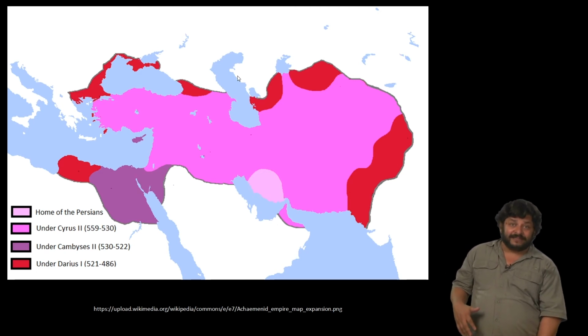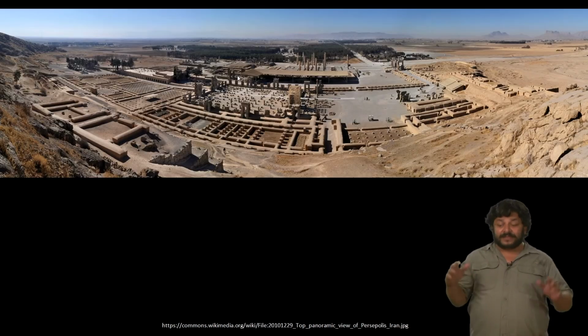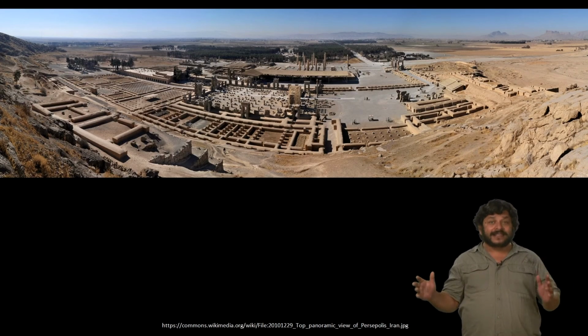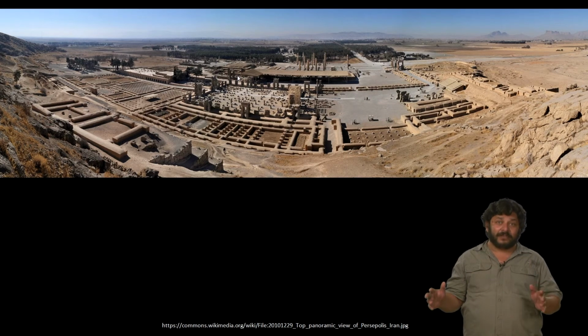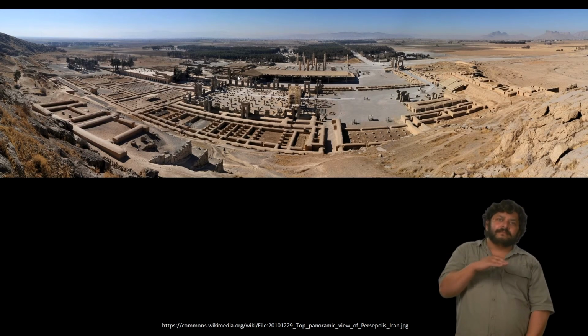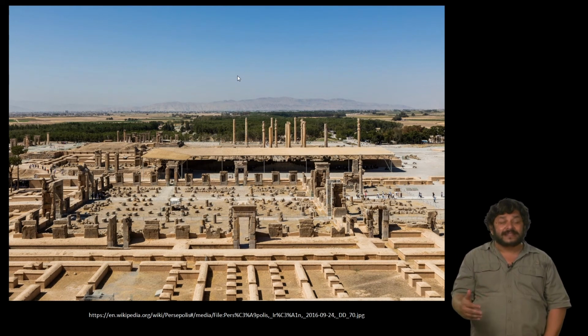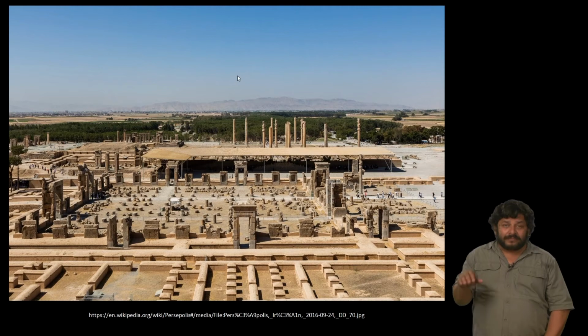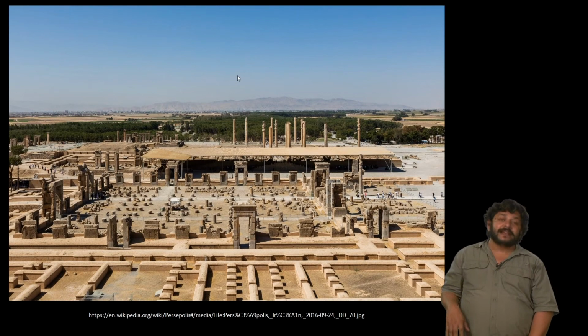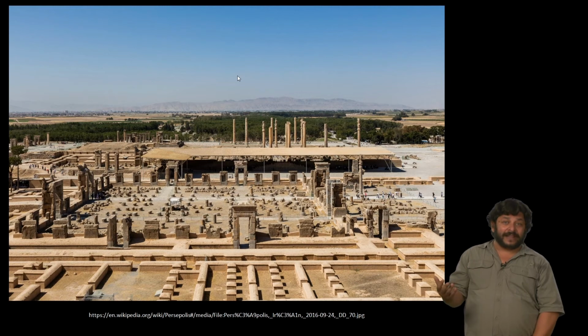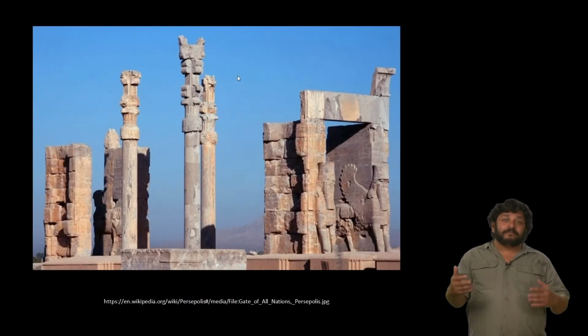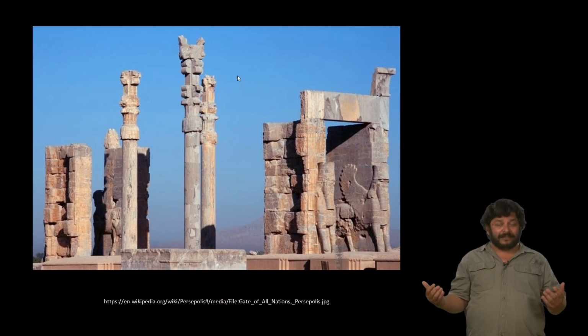They have an expansive empire and they build themselves a grand capital at a site called Persepolis, not far away from modern day Shiraz. It is at Persepolis that they build massive palaces and halls, of which only spotty remains are to be found now. But the centerpiece of this whole complex is a large hall called the Apadana, in which people would have been received from different parts of the empire on the day of Nowruz, which was celebrated in great style.